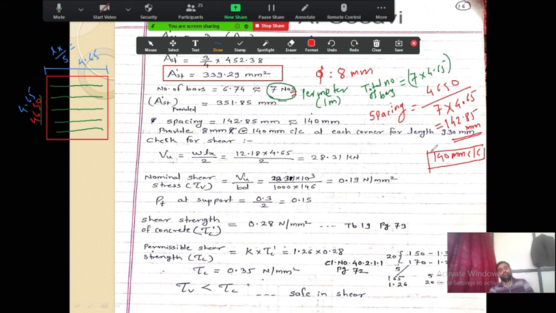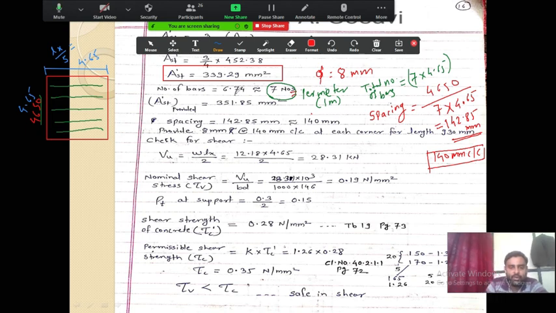Okay, so in this way you can calculate the spacing over here, because for this type of spacing there is no clause in the IS code specified to calculate it this way. The spacing clauses we used up till now, for steel in x direction and steel in y direction, are given for the main steel as well as for distribution steel. For torsional steel there is no spacing clause, so we have to calculate the spacing in this manner. Have you understood what I have done over here?